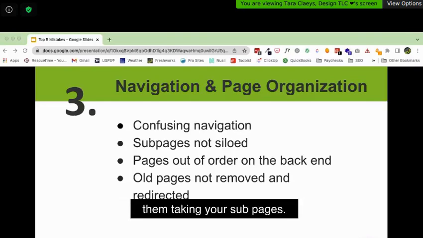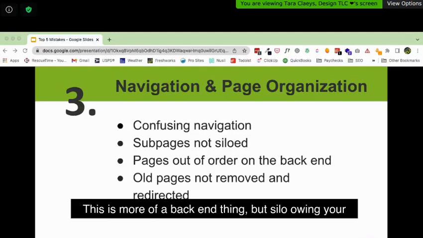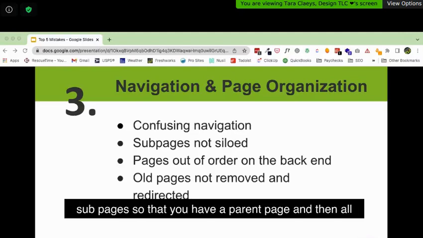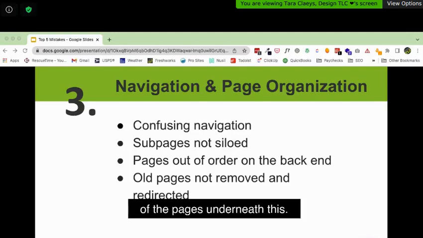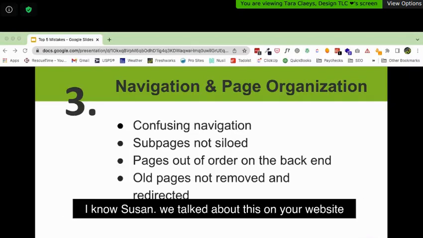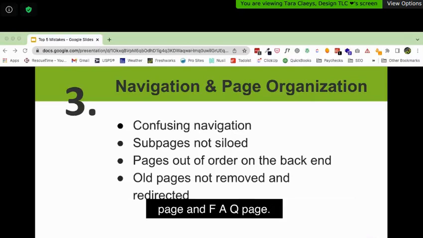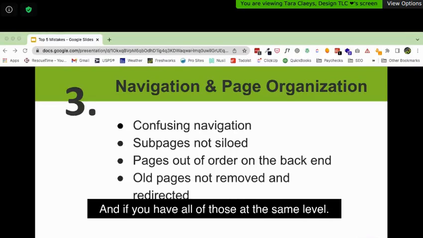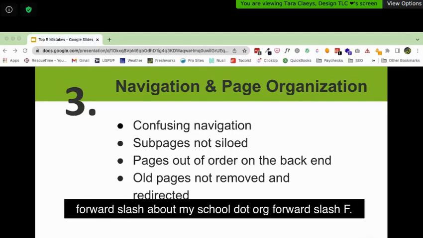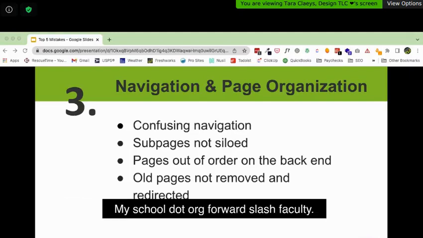Taking your sub pages, this is more of a back end thing, but siloing your sub pages so that you have a parent page and then all of the pages underneath this. I know, Susan, we talked about this on your website where you might have an about page and a faculty page and an FAQs page. And if you have all of those at the same level, so it's myschool.com or .org/about, myschool.org/FAQs,